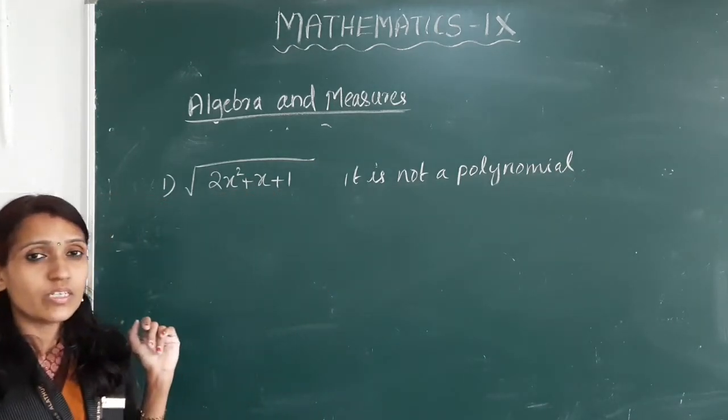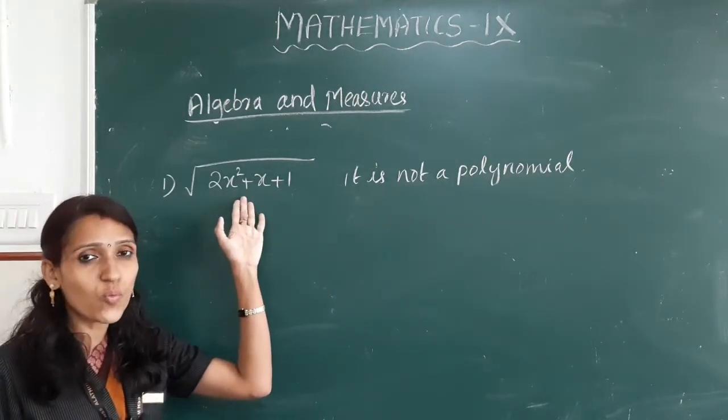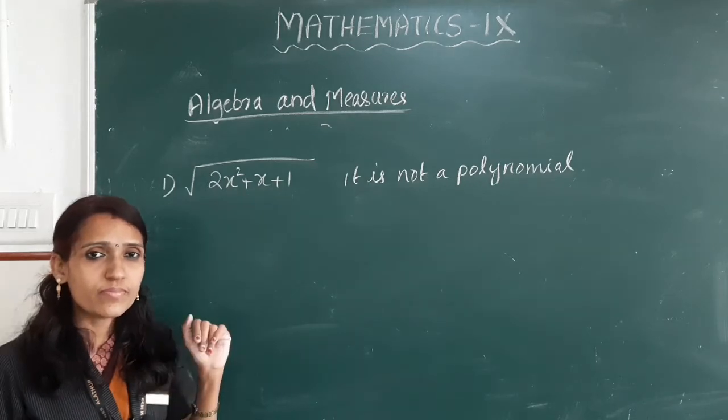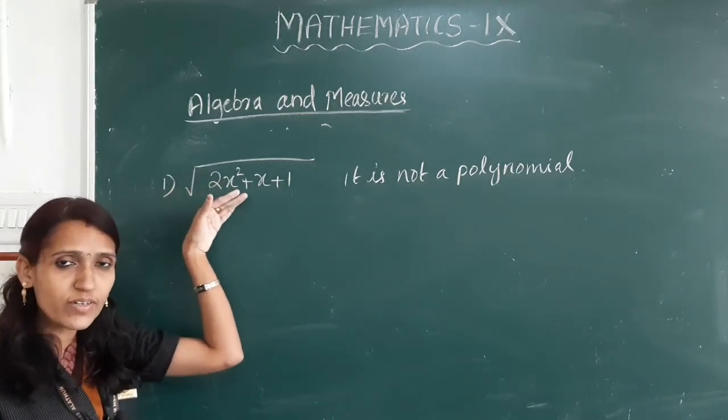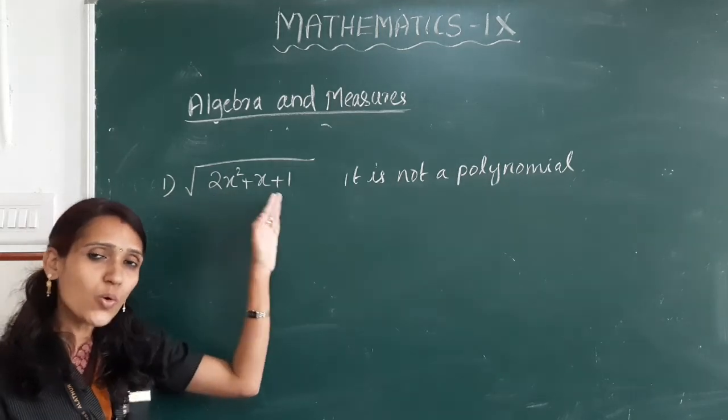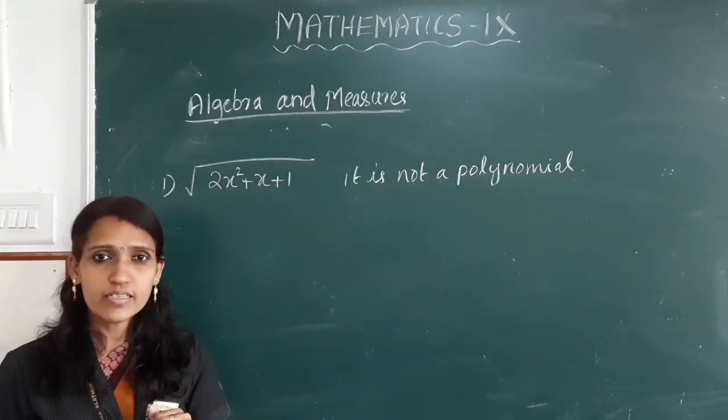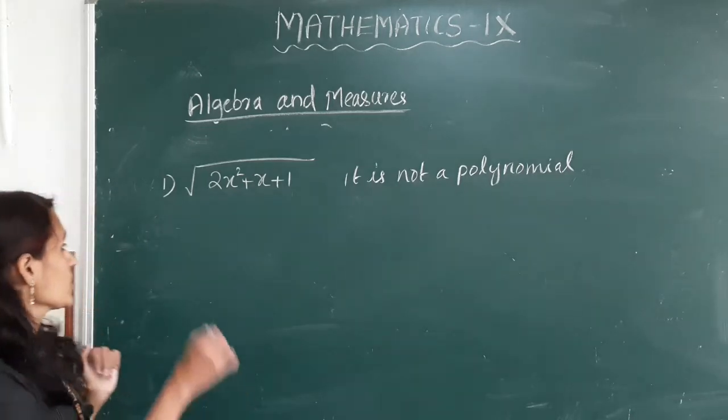Because it is in square root form. Right? അതായത് algebraic equation സ്ക്വയർ റൂട്ടിനകത്താണ് വരുന്നതെങ്കിൽ അത് ഒരിക്കലും പോളിനോമിയൽ ആവില്ല. Clear? Now see this